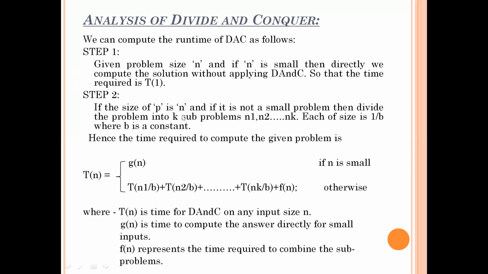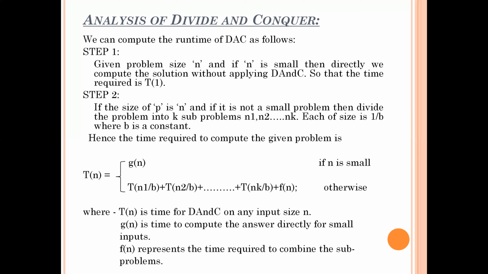But suppose n is equal to 2. Then also we can say that you can get the solution in constant time, so the problem is still small. For example, if you do one comparison between those two numbers, you can just arrange them, isn't it? Like that, depending upon the problem, you will decide the level of small. Suppose n is not small, that is, it is large, for example n is equal to 10. Then what do we have to do?